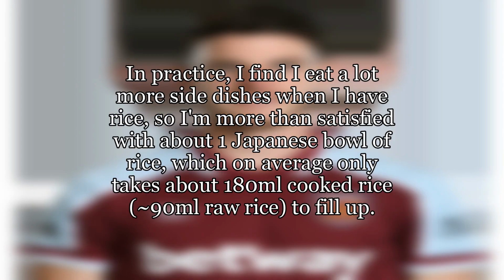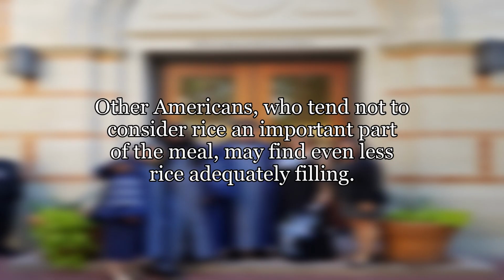lifestyle. In practice, I find I eat a lot more side dishes when I have rice, so I'm more than satisfied with about 1 Japanese bowl of rice, which on average only takes about 180 milliliters cooked rice, approximately 90 milliliters raw rice, to fill up. Other Americans, who tend not to consider rice an important part of the meal, may find even less rice adequately